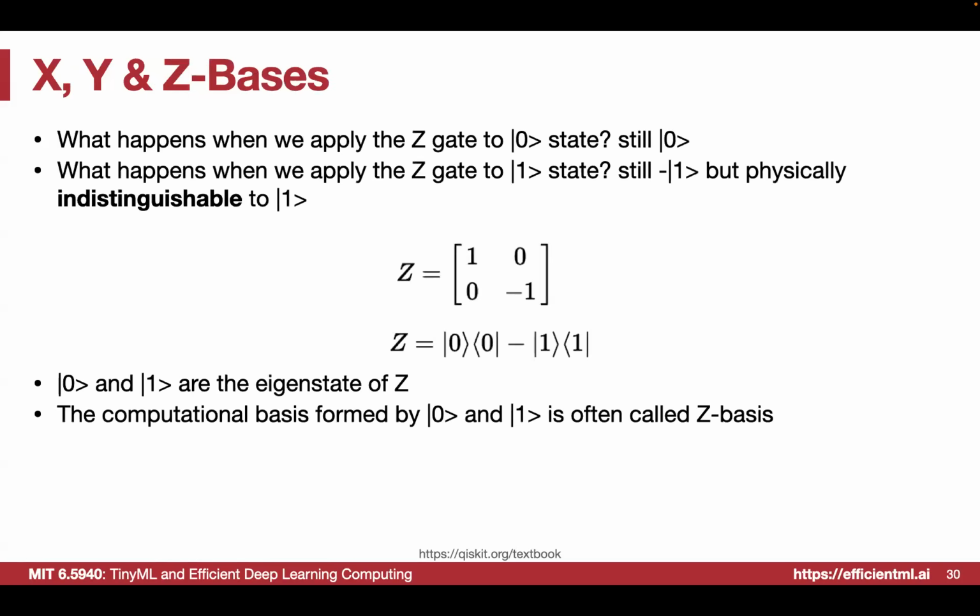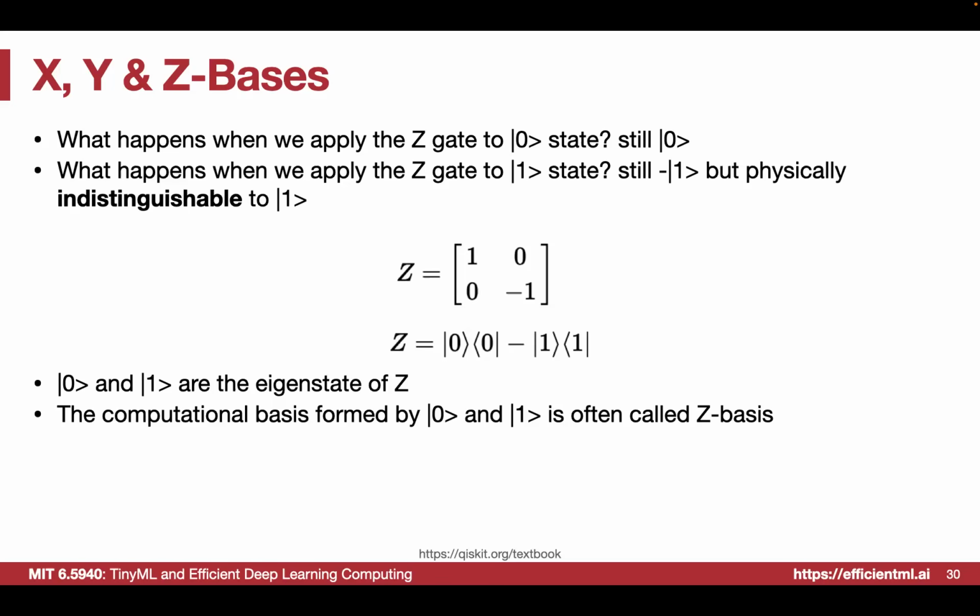The Pauli gates can construct the basis for all the gates we may have. So inside this X, Y and Z basis, we want to ask what happens when we apply this Z gate, right? The Z gate may not be very familiar from classical computation, but what happens when we apply this Z gate to 0? You can see that it's still 0. It doesn't have any effect, right?